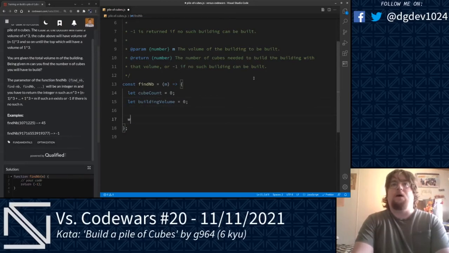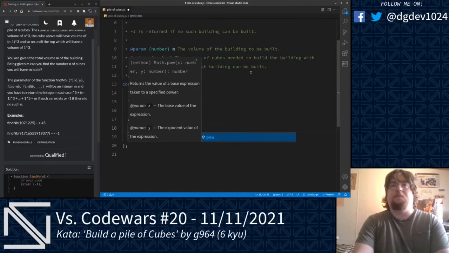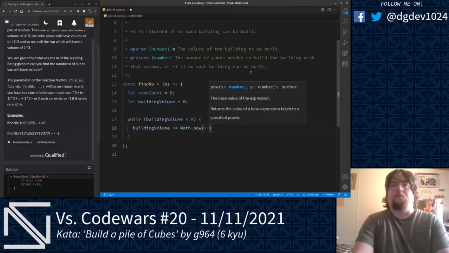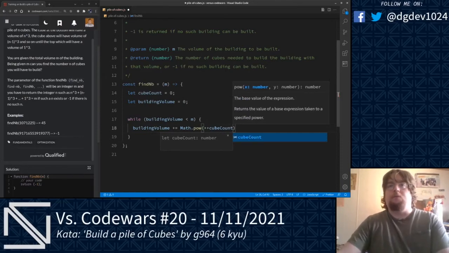And while building volume is less than m, which is the volume of the building we want built, what we'll do is building volume plus equals. We're going to use the Math.pow method, and we're going to do a pre-increment operation on cube count. So cube count will be incremented first before this function is run,